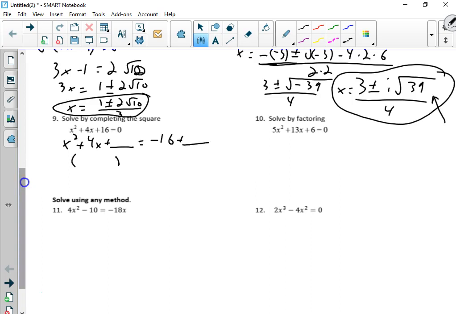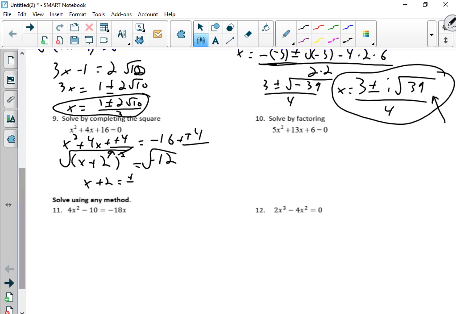So the cheat is, put your binomial squared right now. Yes, I'm using that term, binomial squared. Take half of that positive 4. Square it. Add 4, add 4. Now, I'm pretty much almost done. Negative 12. Okay? Now, you use the square root property, and you get x plus 2 equals plus or